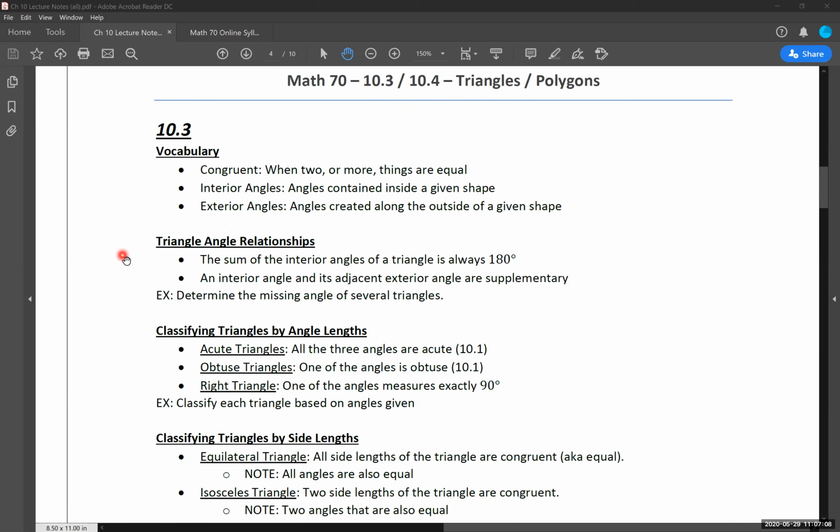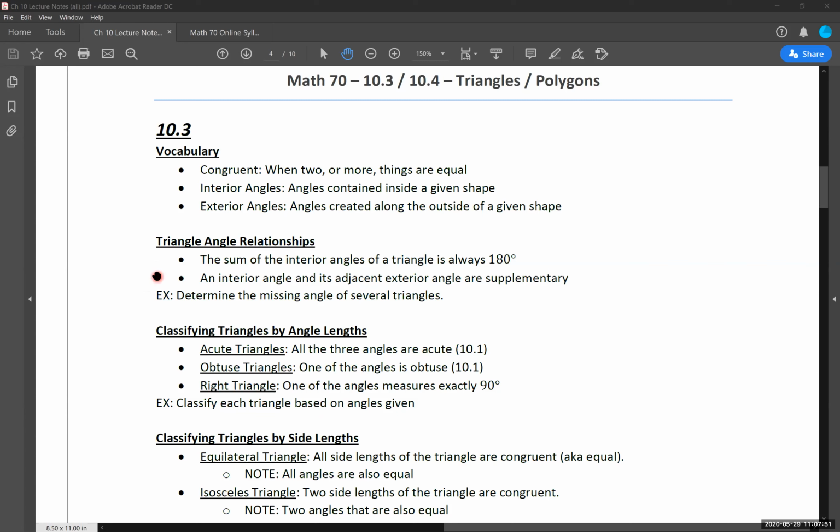Now looking specifically at some triangle relationships. So again, generalized, this goes for all of geometry, and now we're focusing in for triangles specifically. The sum of the interior angles of a triangle is always 180 degrees. And this doesn't matter if it's a really nice right triangle, like we'll get to down here, or if it's an obtuse triangle. We'll go through these different classifications. Doesn't matter the actual raw shape of this thing. The interior angles will always, always, always add up to 180 degrees.